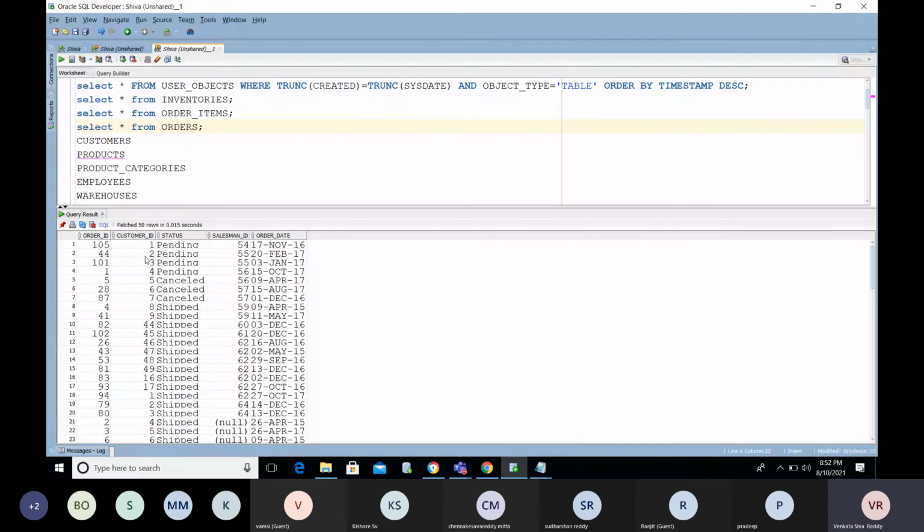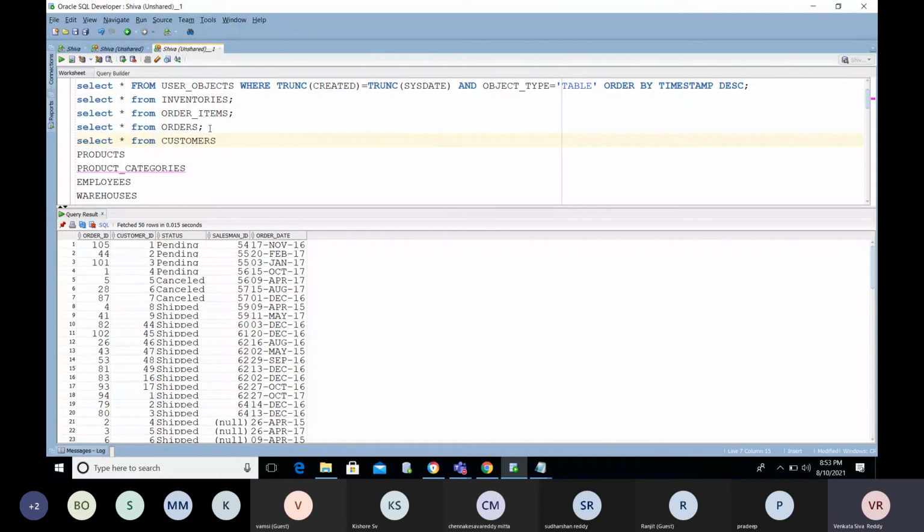Order ID. So this order is placed by which customer? Order in which status. So who is sales? Salesman ID. So when the order is placed, order date. Now we have the relation here.